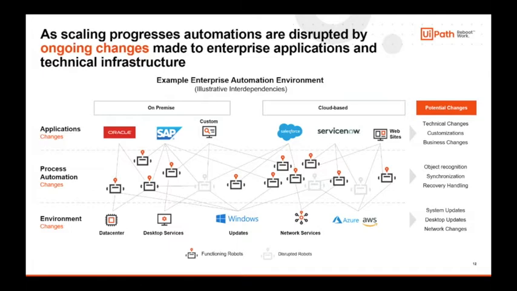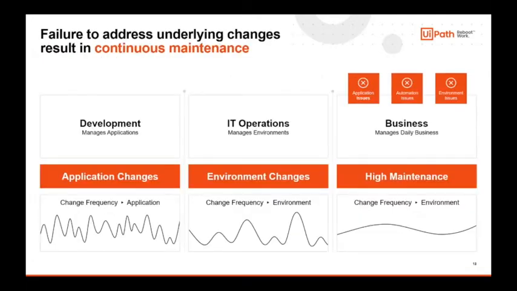So if we go to the next slide, this is the way we look at it: applications change quite frequently, like we talked about. Environments change a little bit less frequently. But what we found is that even though business processes tend to stay pretty stable, these first two areas are impacting them, and they stack up. Then what our teams end up doing, like I mentioned before, is instead of continuously building new automations, they're sucked into continuous maintenance. So if we move to the next slide,